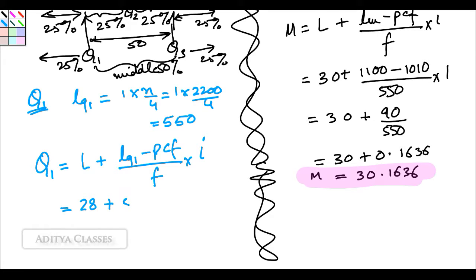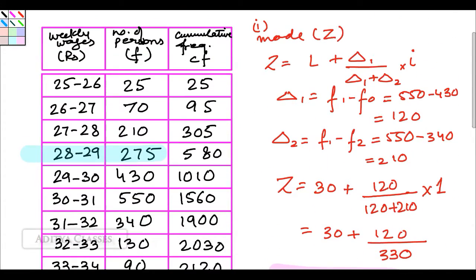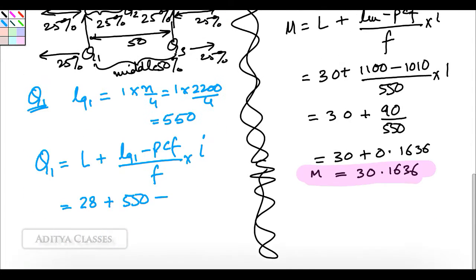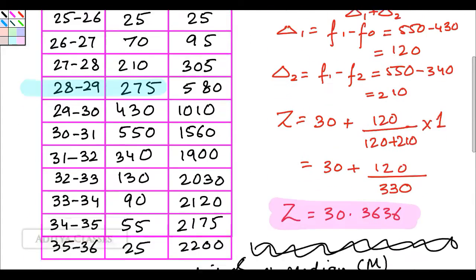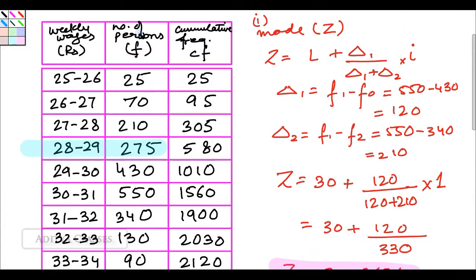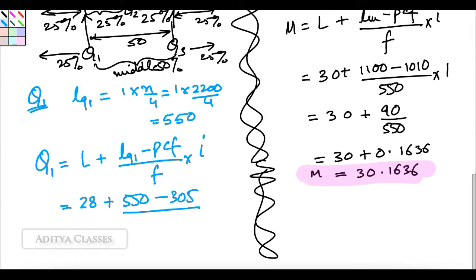plus location of quartile 1 is 550 minus preceding CF of our quartile 1 class. Q1 class is this. CF is 580, but I need preceding CF, so that will be 305. 305 upon frequency and interval. Frequency of my quartile class, this is frequency 275 and interval is 1. So that will be 275 multiplied by 1, giving me a value of 28